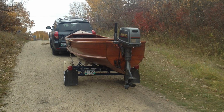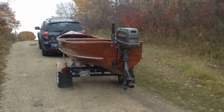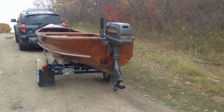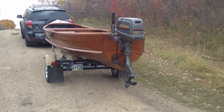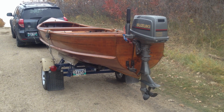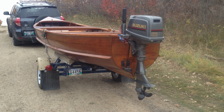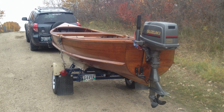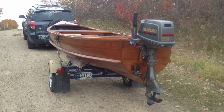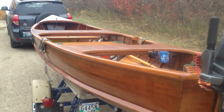Okay, here's a little video about the most versatile boat that I own, which I think is one of the most versatile kinds of small craft you can actually build. This is a Redbird canoe that's 18 feet long, has a beam of 5 feet, and you can see has been modified with a couple